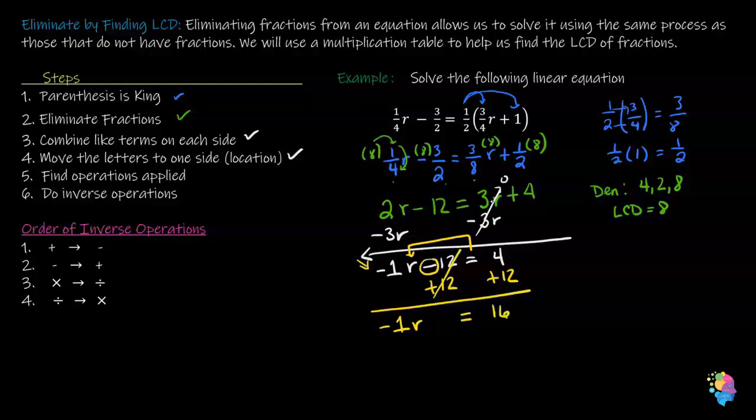I'm not done. I still need to divide, so I'm going to divide both sides by -1, because r is being multiplied by -1. So this goes to 1. Remember, not to 0. There's division. So this is 1r equal to, on the right side, 16 divided by -1. Well, 16 divided by 1 is 16, and because they have different signs, it will be negative. Don't forget that 1r is the same as r, so then r is just going to equal -16, and we've